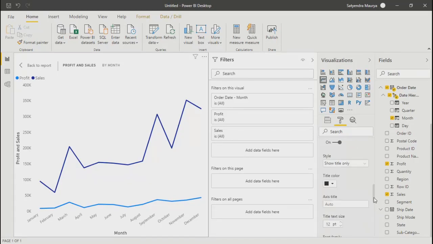You just need to look for all the properties which you want to apply right over here. So plot area, background, border, tooltip, visual help.